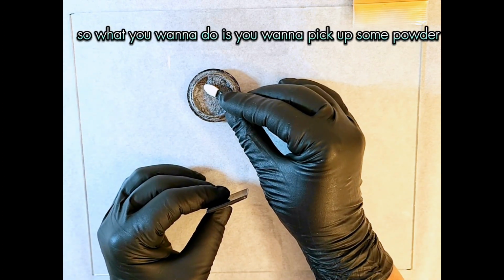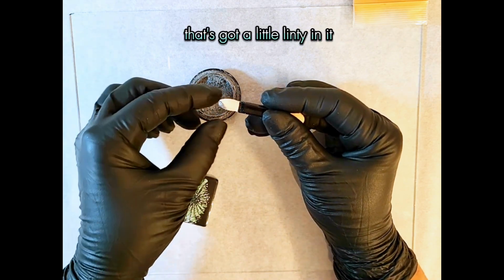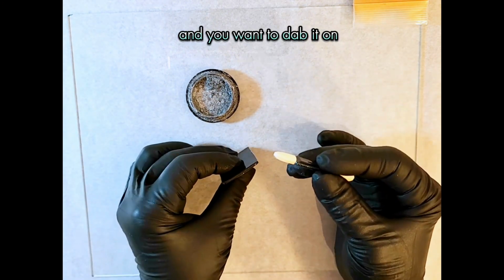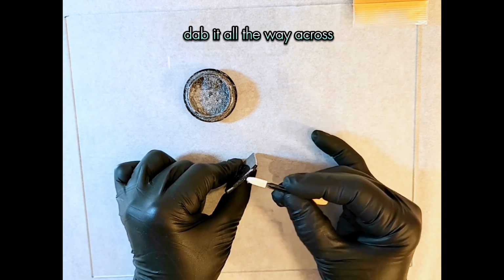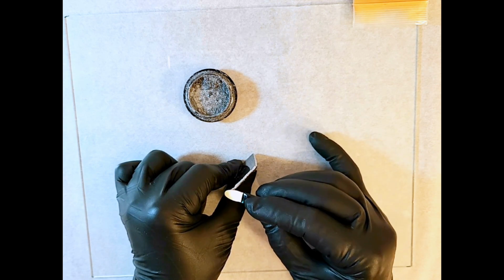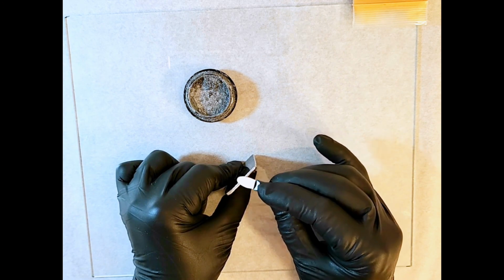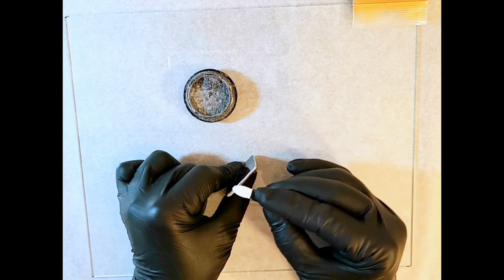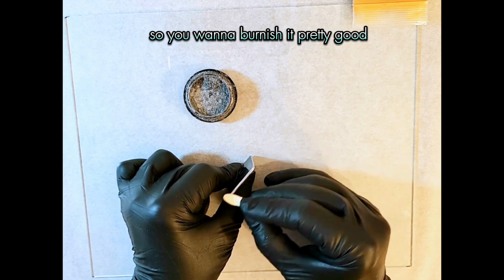So what you want to do is pick up some powder, and you only need a little. That's got a little linty in it. So you only need a little, and you want to dab it on. Dab it all the way across your piece. Kind of press it in. Make sure you get all the spots covered, and then you want to burnish it down. So you want to burnish it pretty good